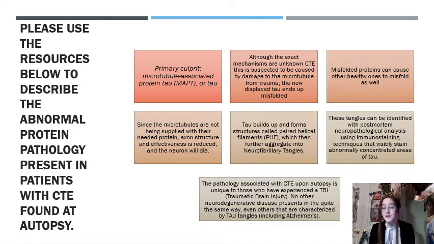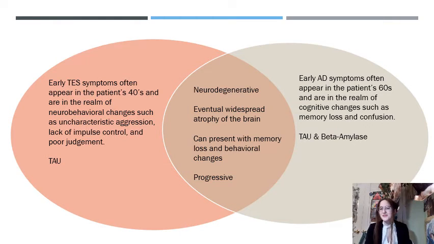This is really important because no other neurodegenerative disease has these specific concentrations, even others that have tau concentrations such as Alzheimer's. So if Alzheimer's and CTE are both related to tau, what makes them different? Well, if you remember, CTE is not something that we're going to diagnose while a patient is still alive.